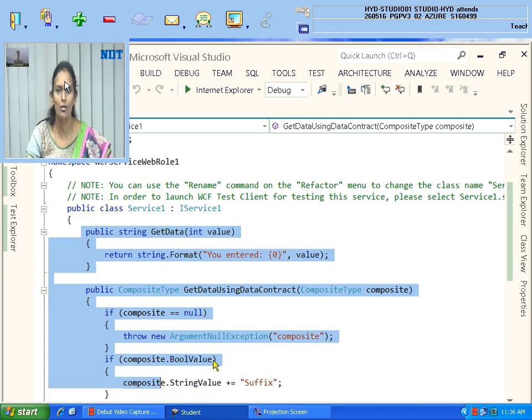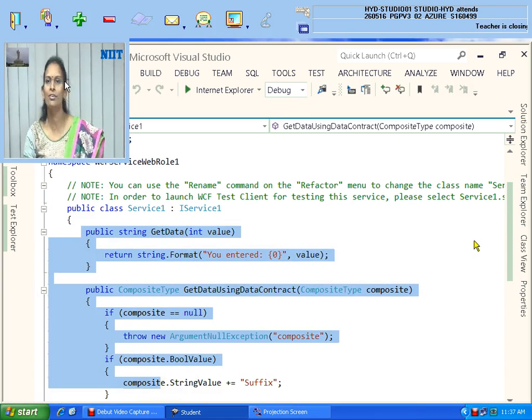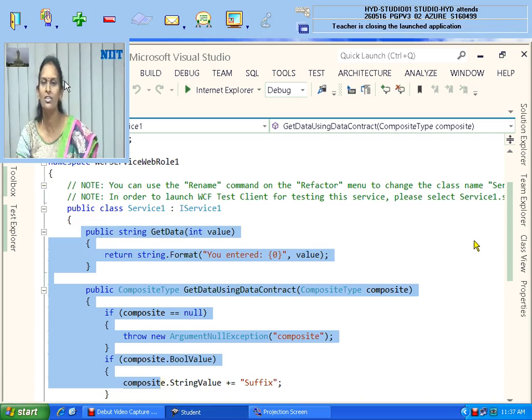So now I'm stopping, and next time I'm not going to repeat for anybody at any cost. This is the last time. So if you are late or infra problem, I cannot repeat. By this time I can finish the demo also.